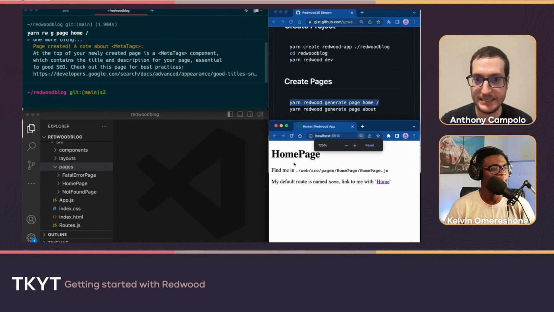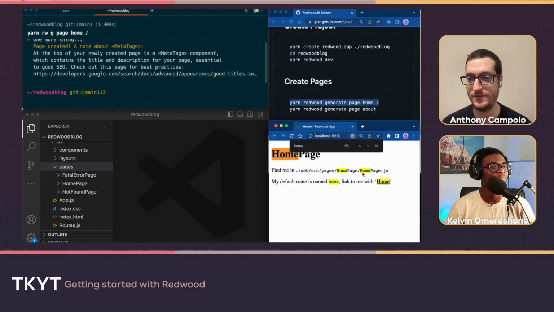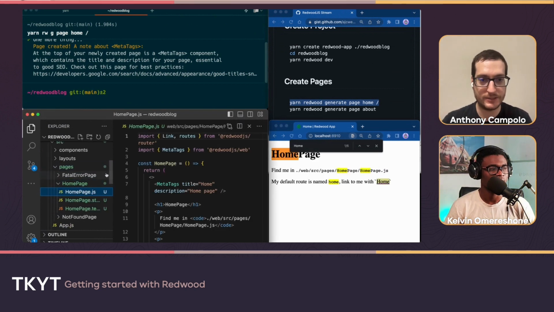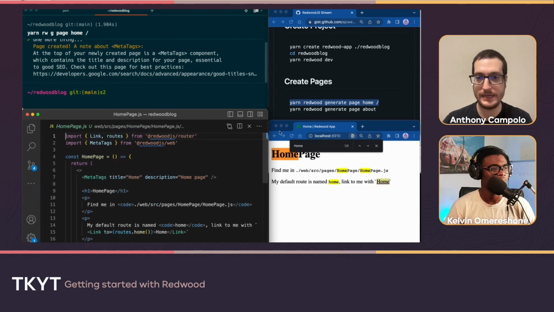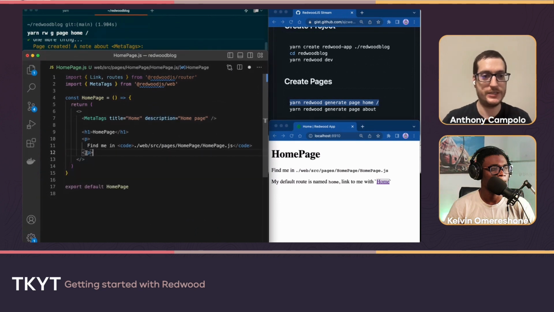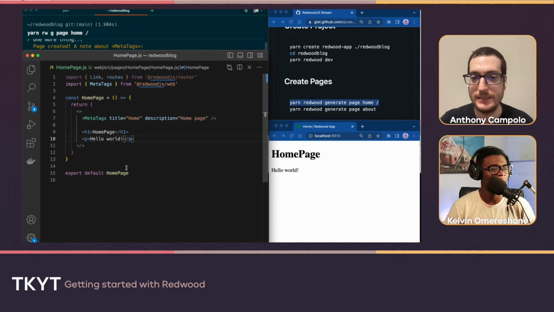This is the standard boilerplate. And if we look here, this is where it takes the word we inserted and puts it in all these places. And this here gives us an example of a link as well. So let's look at this file over here. If we want to edit this, we can change this to just say hello world. And now we've got our home page.